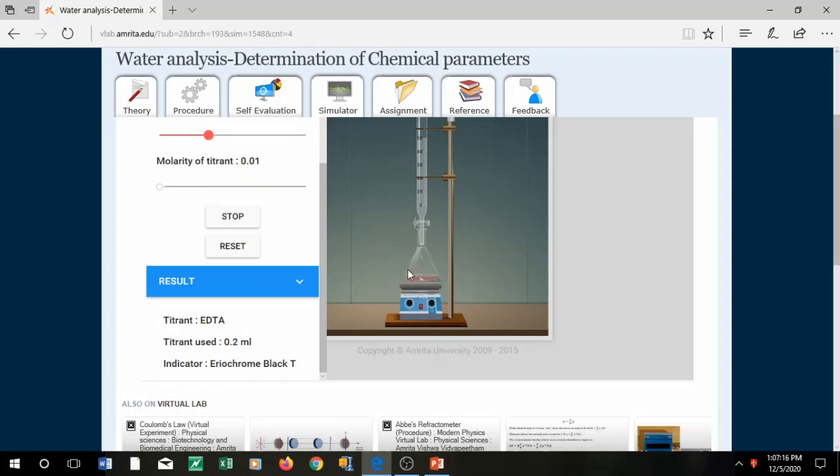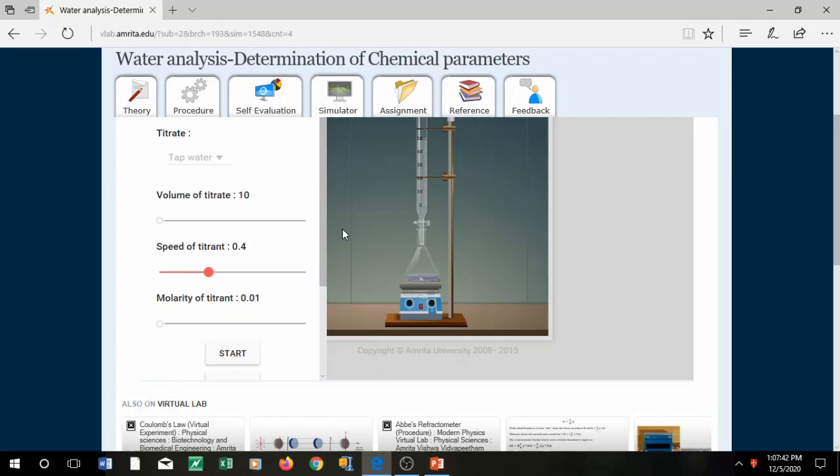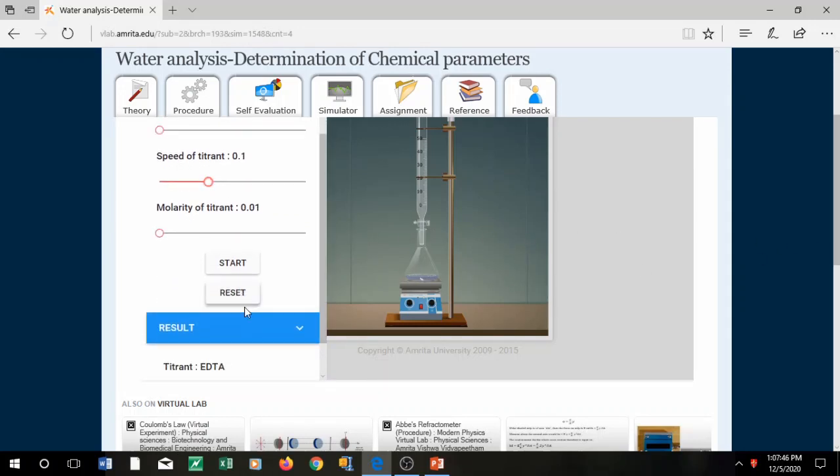Now here a wine red solution is there. I have to just observe here. As soon as I get it like blue, I'll click on stop. So I have to be very quick here to see, right? So we just have to observe it continuously. As soon as we get a blue color here, stop. That's it. So now here you can get the titrant used, which is 1.5 ml in the result section. So I think it is pretty simple for you to understand that this is how you can perform.